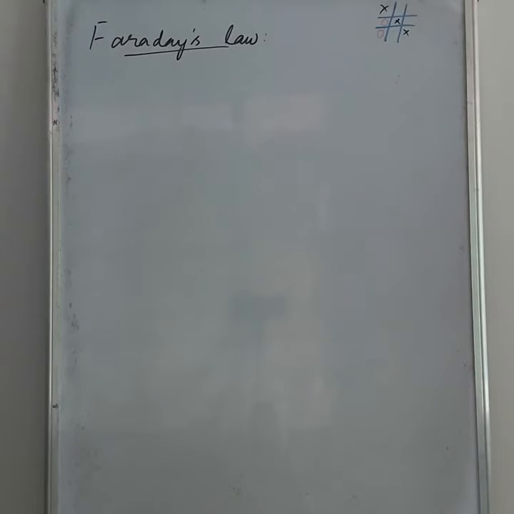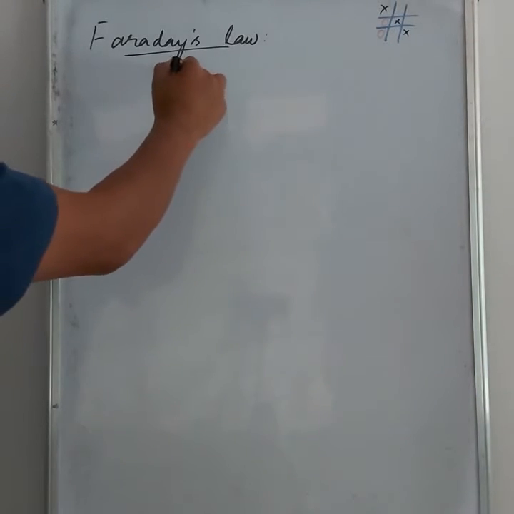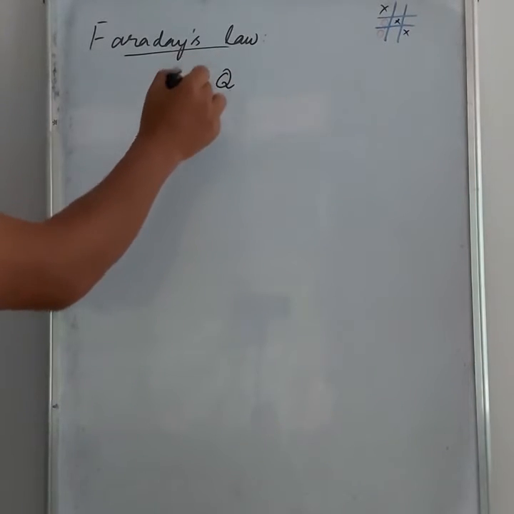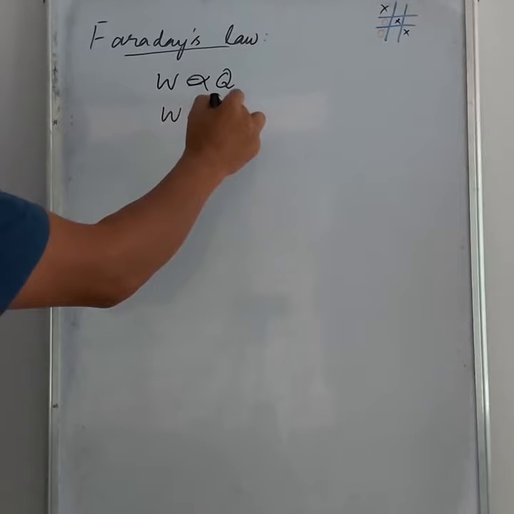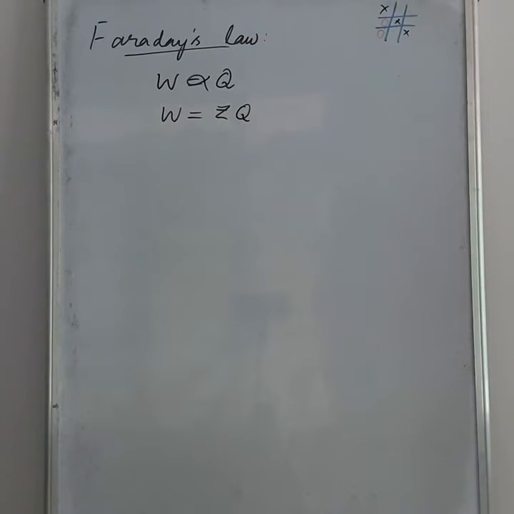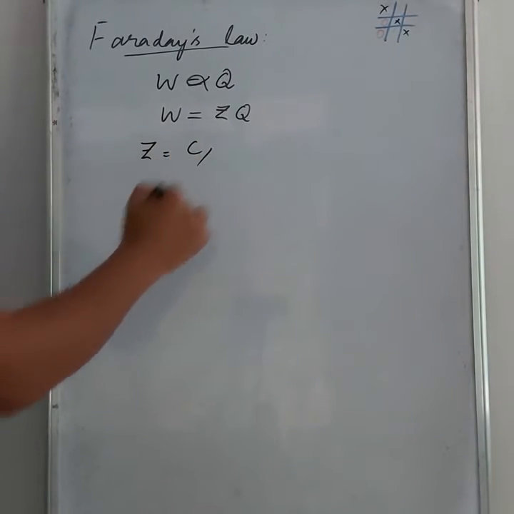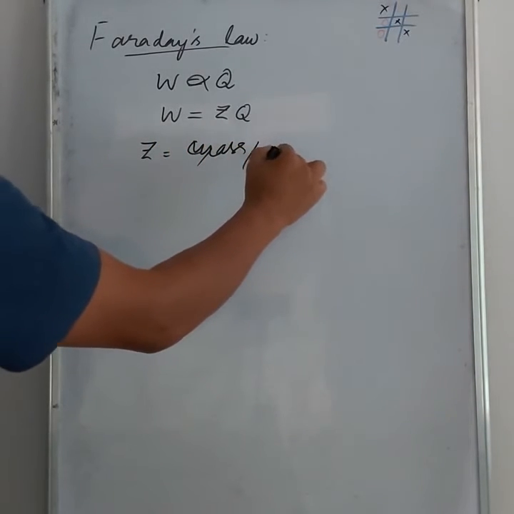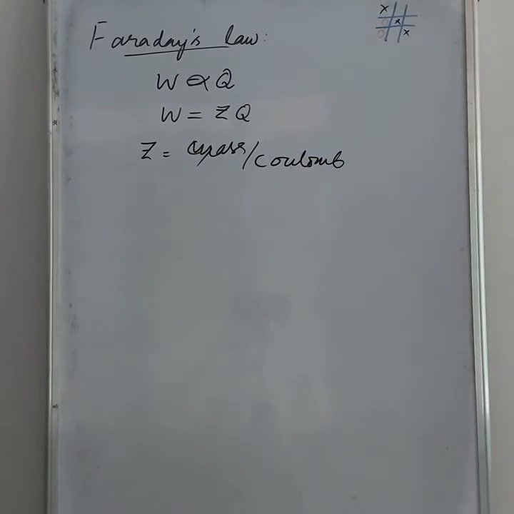It means if W is the mass deposited, it will be equal to the amount of charge passed, that is Q, or say it's directly proportional. So W is equal to ZQ, where Z is our proportionality constant or the electrochemical equivalent of the substance. The unit of Z is mass per coulomb. So that is our first law, and the second law states that